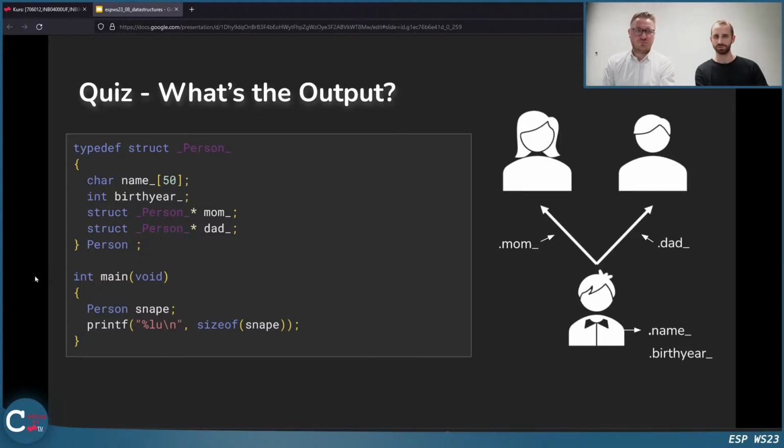Okay, I have some answers there. The correct one is, so the first character array is 50 bytes. The integer is 4 bytes as usual, and we have additionally 2 pointers there. They are 8 bytes as always. So overall we have 72. I think when we calculated it's 54, 62, 70, and then 2 bytes to align it to the next 8 byte boundary, which is then 72. So that's the correct output in this case.